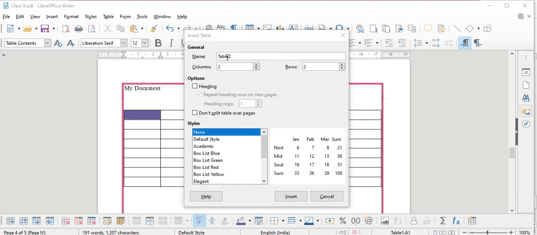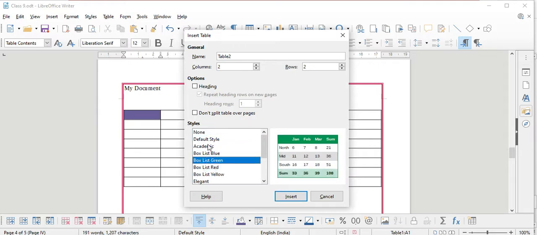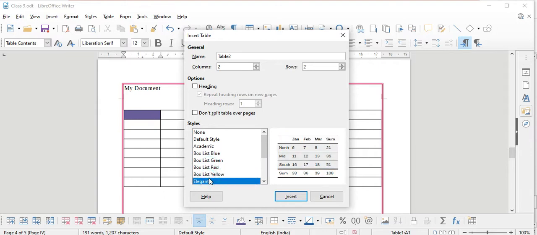Here you can write the table name, how many columns you want in your table, and how many rows you want, and then click on insert. Here are different table styles. In the preview you can see how the table will look.